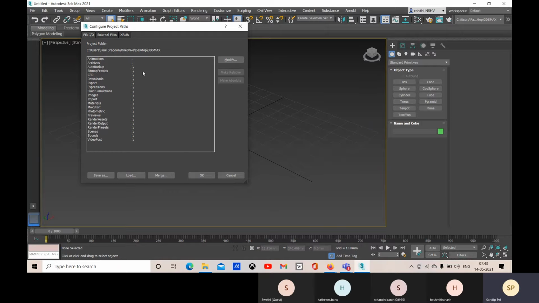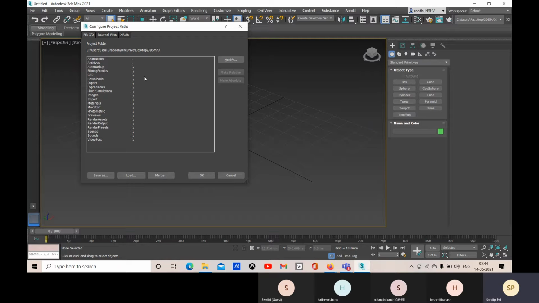So in this project, you not only create a model, but you also create some animation, some images, some photos, some link files you add. You can also add some videos. So your render outputs will be there, render assets will be there, and lights and materials will be there.